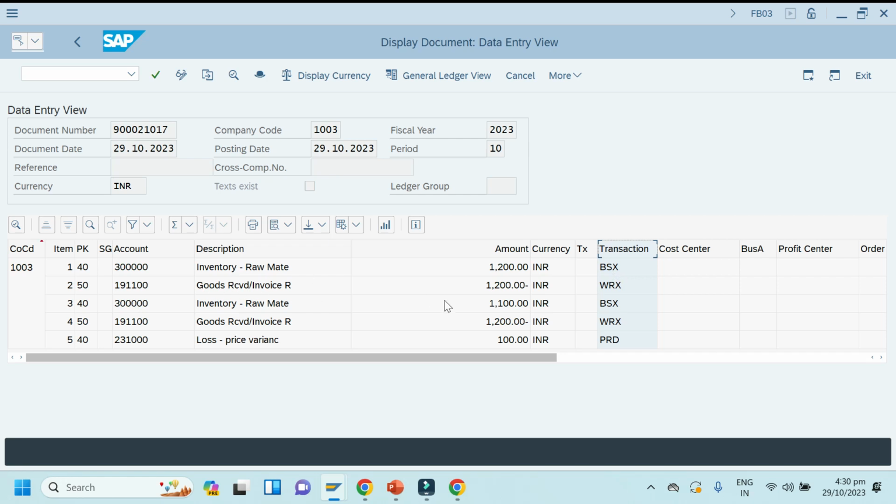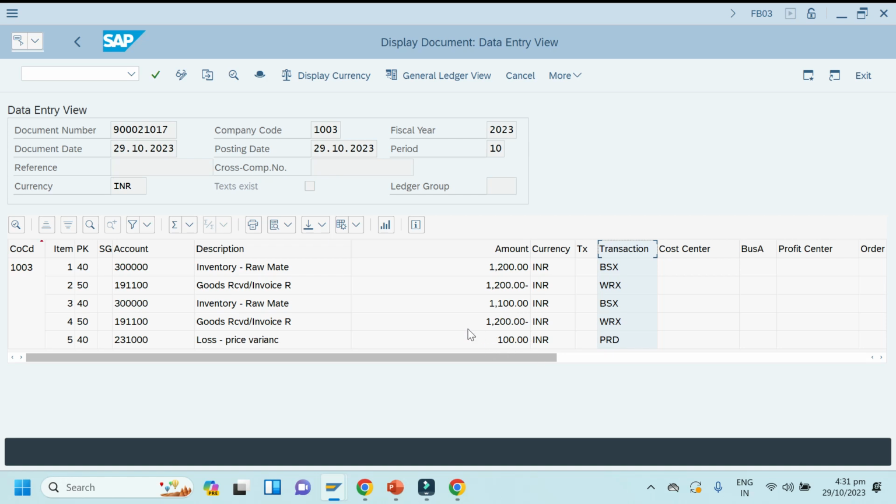BSX, inventory 1200. For the first item we have given moving price in material master. That's why for the first item there is no PRD here, but for the second item we have given in material master 110 rupees, right? That is the standard price. That's why a standard price difference is posted to PRD with minus.